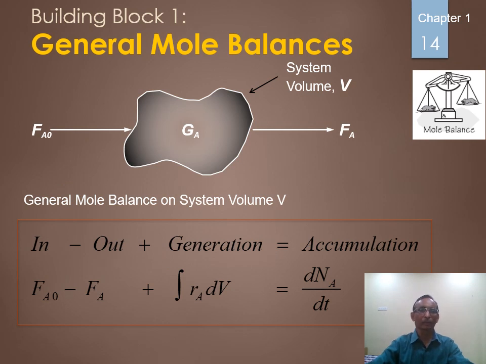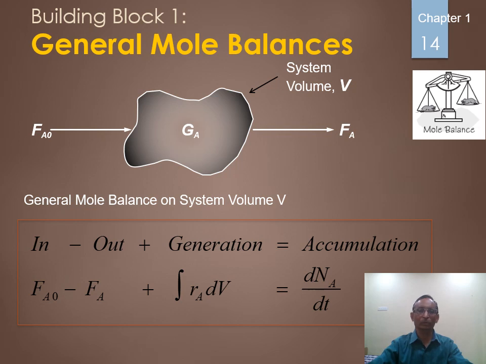Here it is substituted. Here they have taken FA0. You can take any symbol, any species. In the last slide, J is written; here it is written as A. There is no restriction that you should mention only J or only A. As per your convenience, you can mention it, but you have to specify what FA0 and FA are. FA0 is the inlet, FA is the outlet after reaction and accumulation, and this is the system volume. Nothing has been done here, we have only substituted the value of generation, which depends on rate and volume. FA0 minus FA plus the integral of rA into dV is equal to dNA/dt.